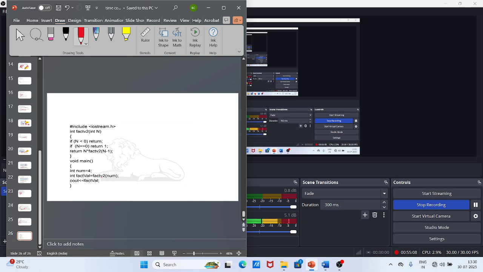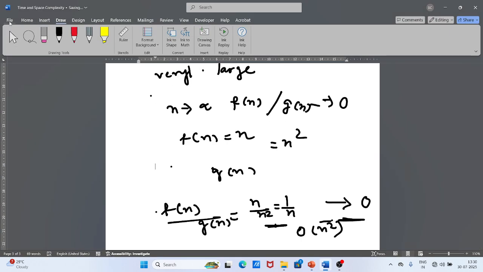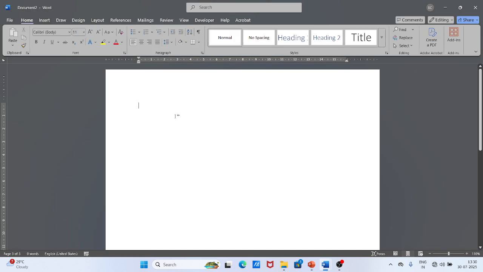Now there is one example. This is a factorial of a number program. Now we just check how the space is utilized. We already know how to write the factorial program. First you write